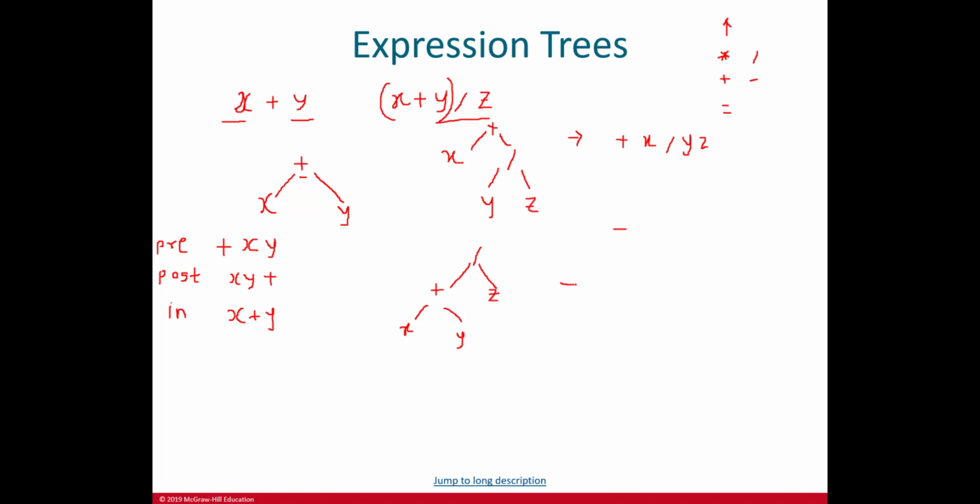and for the second tree, we can see that the prefix expression is, first again we are going to visit the root node, which is division, then the children plus and z. Now plus is a root again, so first we'll cover plus, then the children of plus, which are xy. And now we will go to the second child of division, which is z. So we can see that in prefix notation,